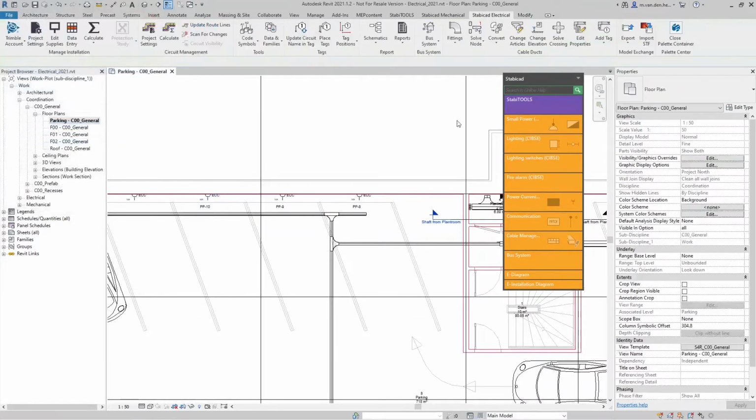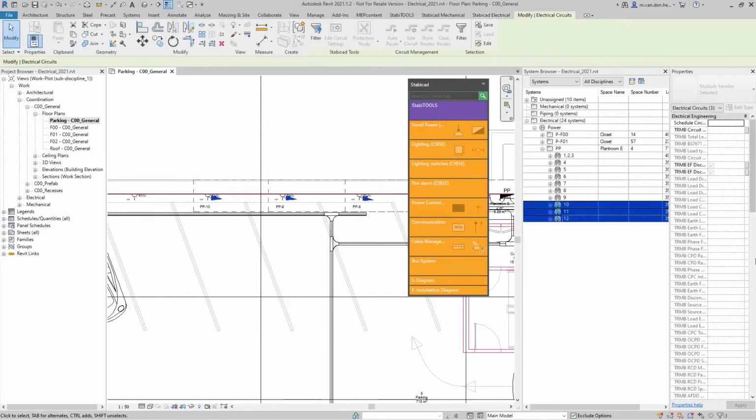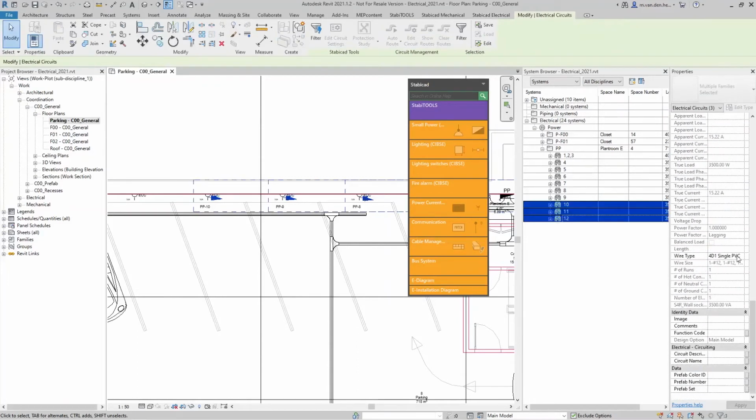I'm going to use the system browser to, of course, choose the appropriate cable type for the circuits. All of these cable types or Revit wire types are included in our Stabicad for Revit template. I'm going to choose the 4E4